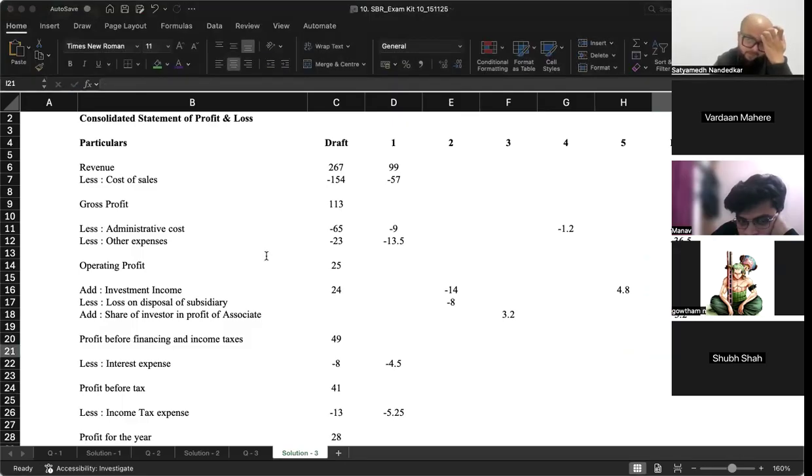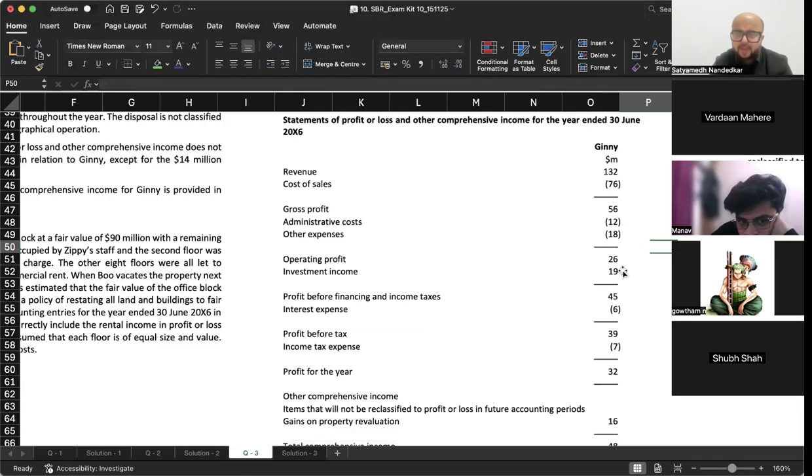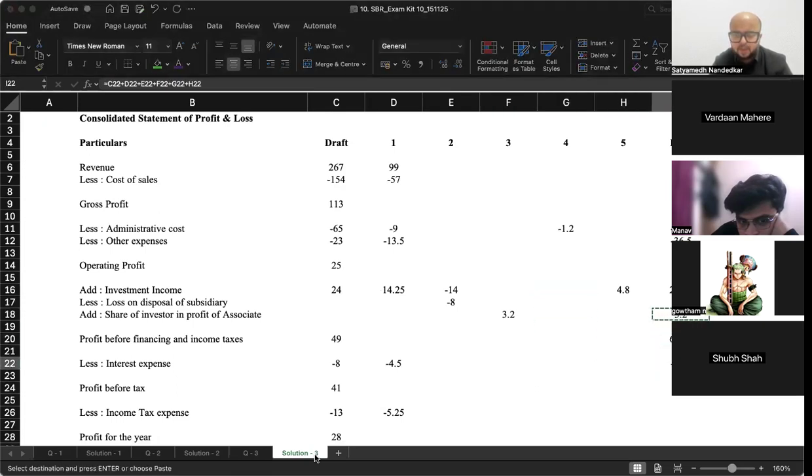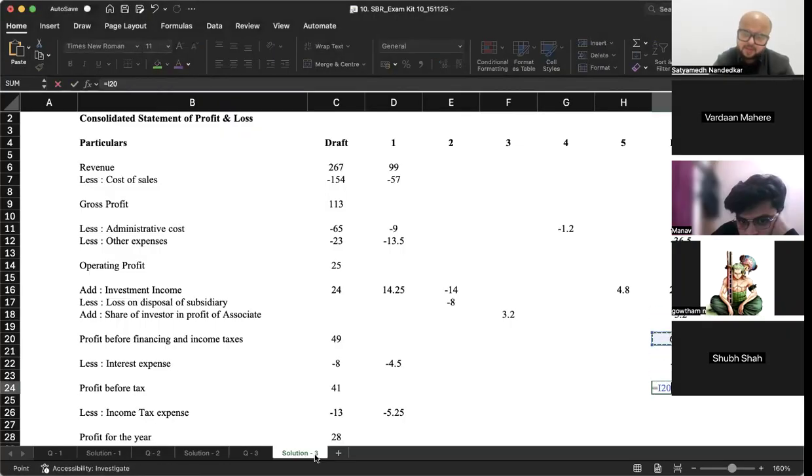ठीक है, एक मिनट, this should be... ठीक है। कर लिया सारा कुछ इंक्लूड हमने। ओह, there is one item that we forgot to include, which is यहाँ पे भी 19 का इन्वेस्टमेंट इनकम था, उसके लिए I hadn't done anything. सो 19 into 9/12. ठीक है, 12.5, प्रॉफिट बिफोर टैक्स 55.05।